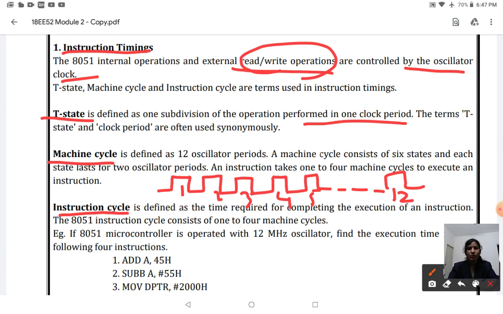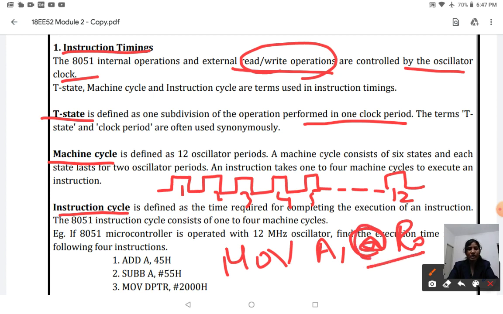An instruction takes 1 to 4 machine cycles based on the amount of execution. For example, a simple instruction that does not access memory will take only 1 machine cycle. In case you use MOV A, @R0, the @ represents the indirect addressing mode, and R0 holds an address.